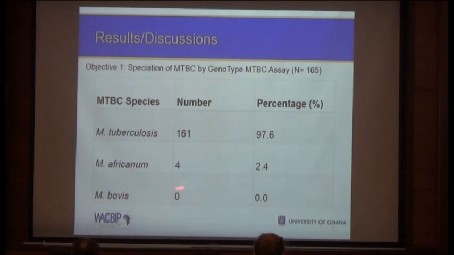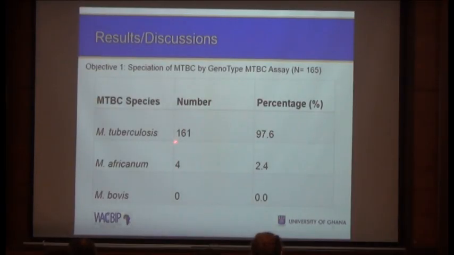So the second reason could also be that even though our samples were from a nationwide representative sample, it's possible that our sample number is also relatively small compared to the other previous studies. So if we had more isolates, the isolation rate could have gone higher or remained the same.